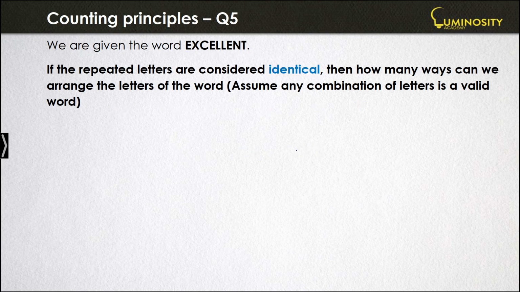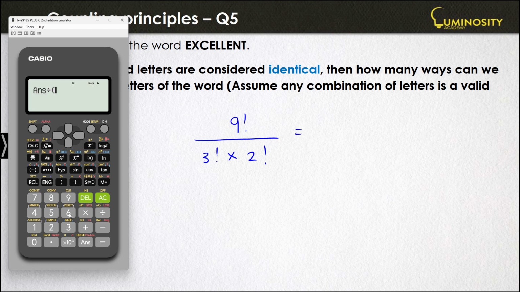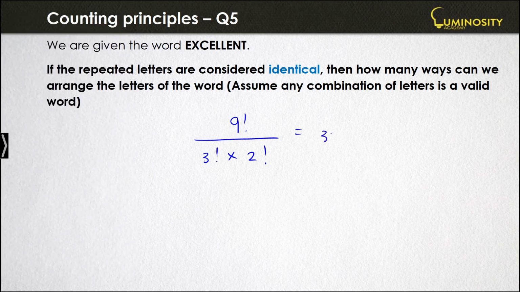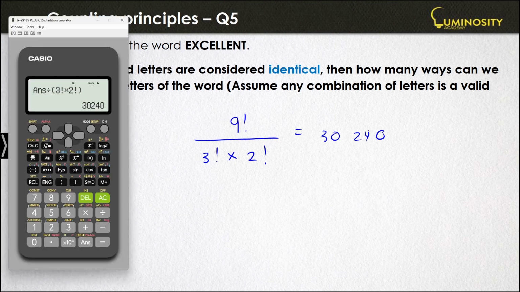Next, we consider the repeated letters to be identical. So now we have 9 factorial, so 9 letters, but now we divide out the repetitions. There were 3 E's, so 3 factorial, times the 2 L's that were repeated, times 2 factorial. Let's go ahead and do that on our calculator. So we're dividing that answer by 3 factorial times 2 factorial. So there are restrictions now. The repeated letters are identical, so we're removing them. So we should expect a smaller number, and we do. 30,240 ways